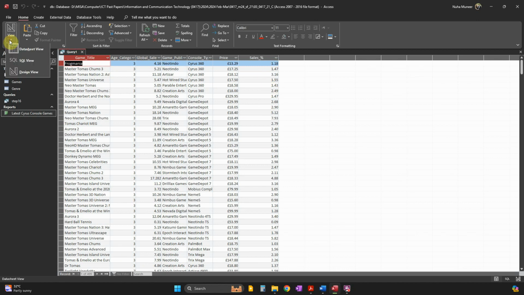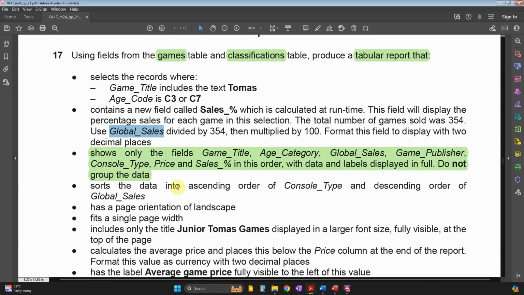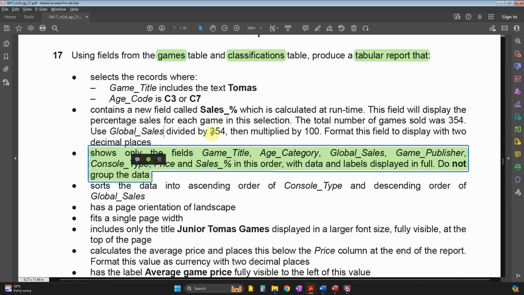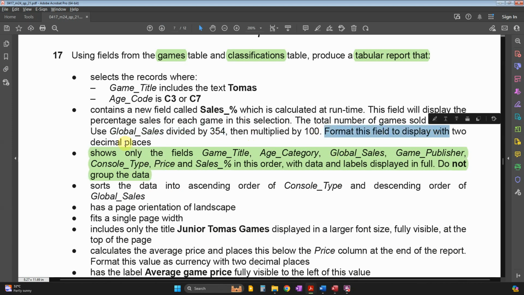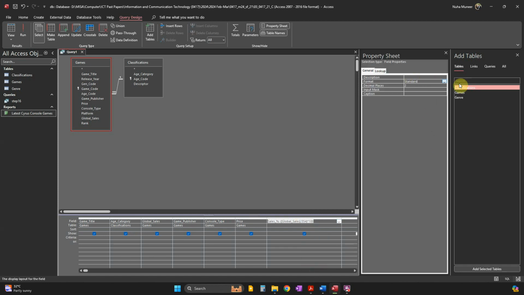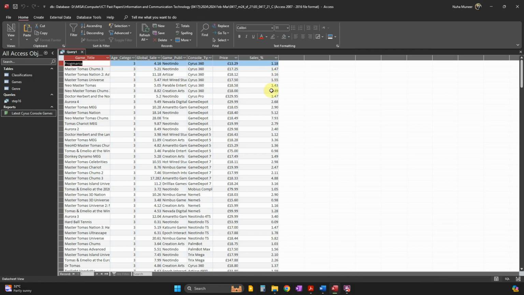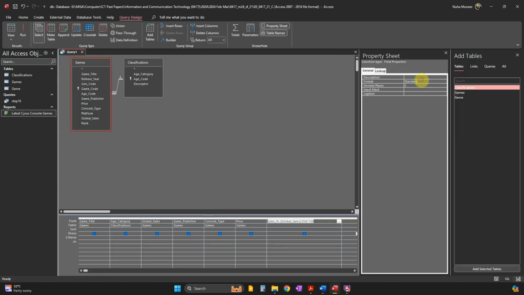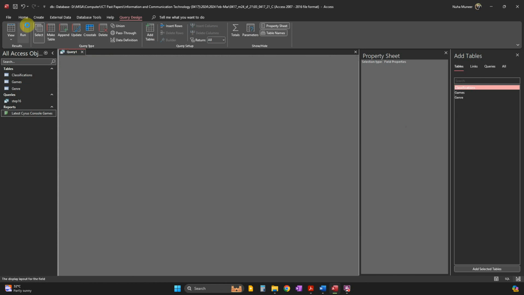Let's check it right now. You can see we got it over here. After that, we need to format this field to display 2 decimal places. So right click, properties, you can choose over here standard, okay, and set it into 2 decimal places, and then run. You can see it's already set up. It was already set up actually since before, that's why it appeared. Yours won't be set up since the beginning, so you need to go and set it up and make sure it is. You can choose your standard or fixed, so it's going to work with any of them, and just make sure it is 2 decimal places. Okay,